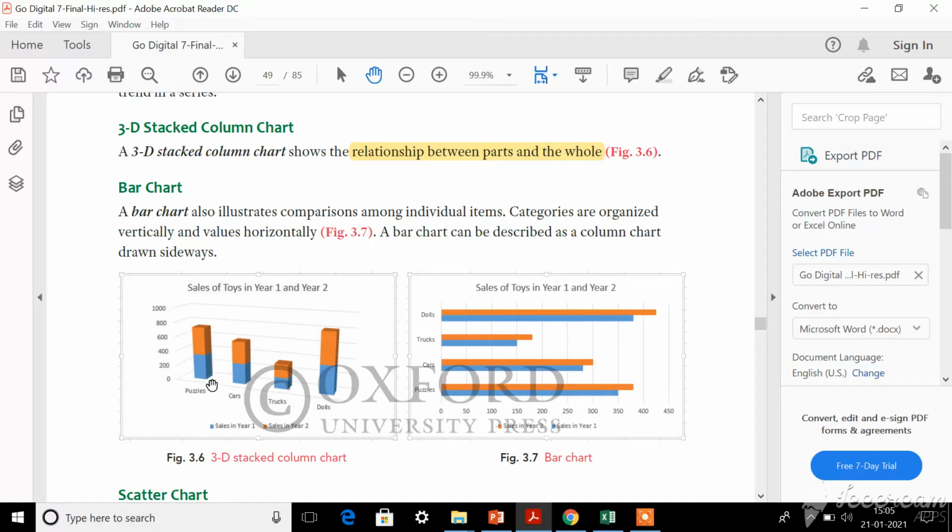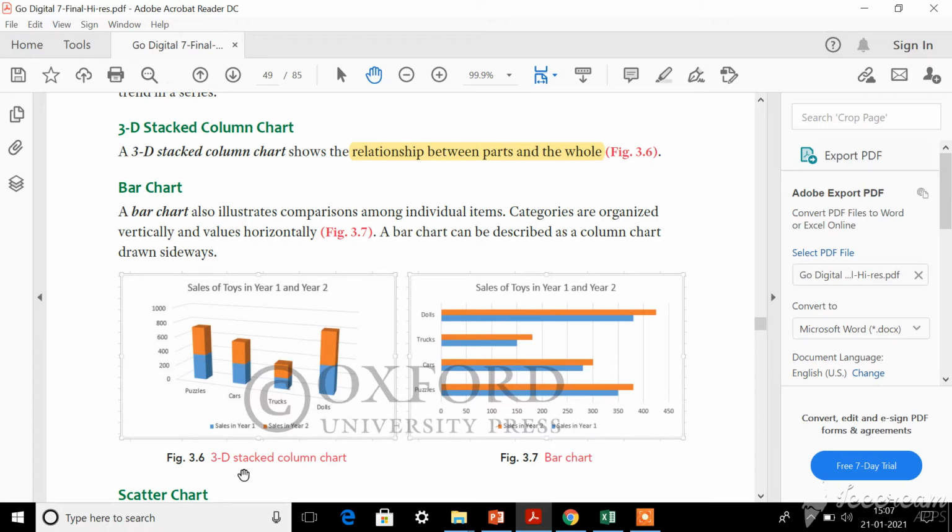Whereas in the previous case, in 2D, you could see two different bars, isn't it? Here you can see only one bar and within that bar two different shades. This blue color indicates sales in one year and the dark orange indicates sales in the second year. So this type of chart is used for comparing individual items.